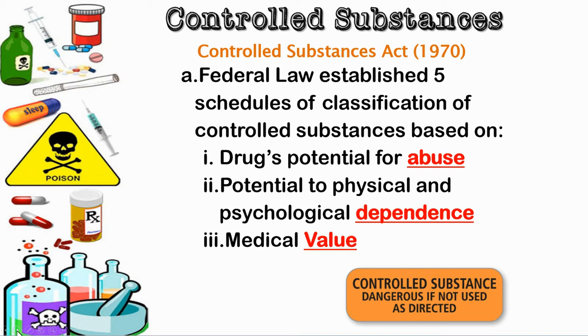This is going to be the last week where we're going to be discussing toxicology and drugs. Next week, we'll finish out this week. So this week, we'll be talking about controlled substances. And controlled substances are all part of a federal law. And this law is called the Controlled Substance Act of 1970.